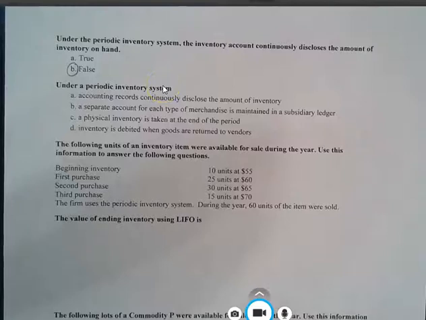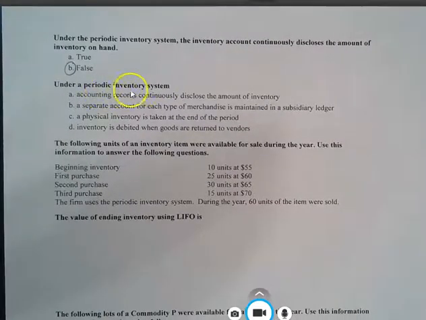Okay? Says here, under a periodic inventory system, accounting records continuously disclose the amount of inventory. Well, that's just what it says right here. So we know that choice A is no good. B: a separate account for each type of merchandise is maintained in a subsidiary ledger. Now, this can happen under a periodic inventory system, but we're still going to mark this as being wrong